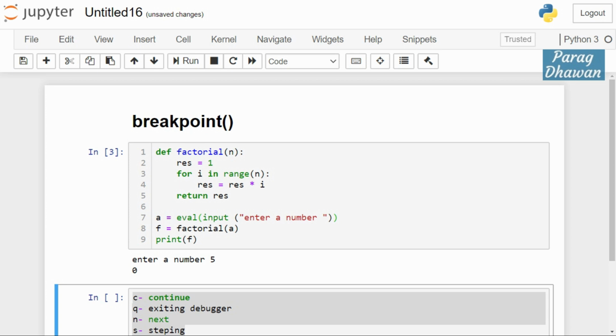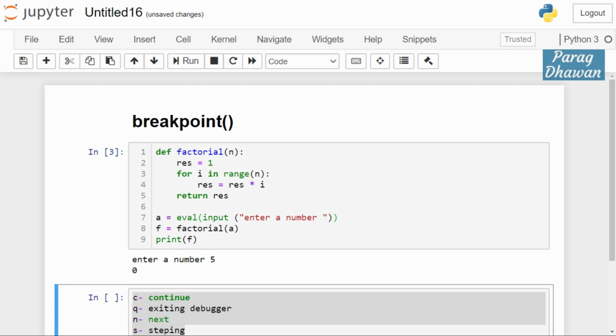We will enter into the debugger and check the state of the variables at various sections of our program. If the state of the variables is correct, we say that much part of our program is correct, and we move forward and repeat this process. For entering the debugger in Python 3.7, you have a built-in function called breakpoint. Using breakpoint, you can enter the debugger.